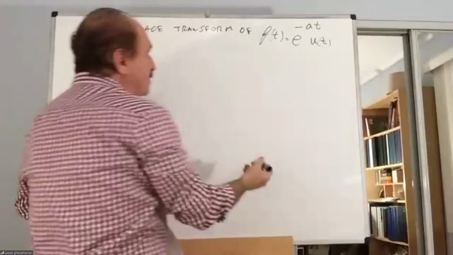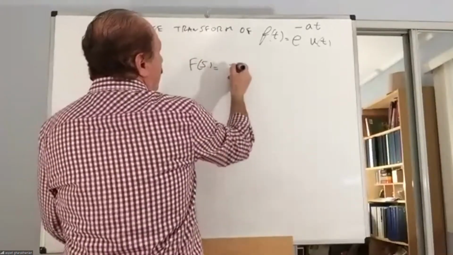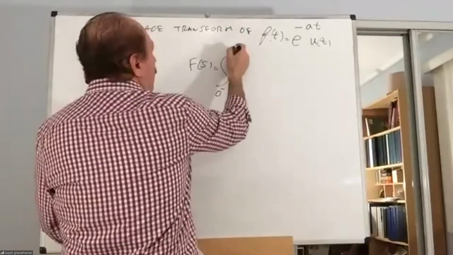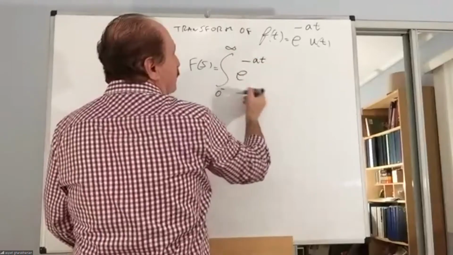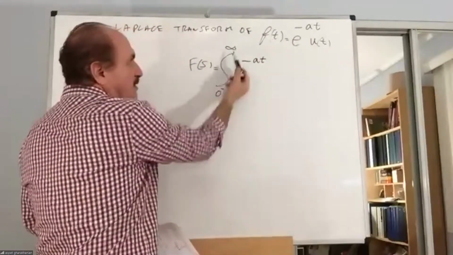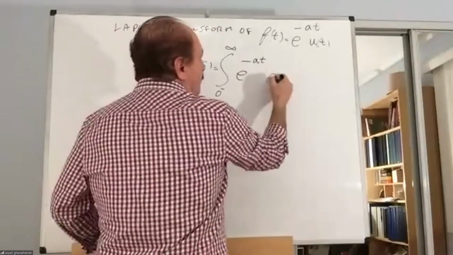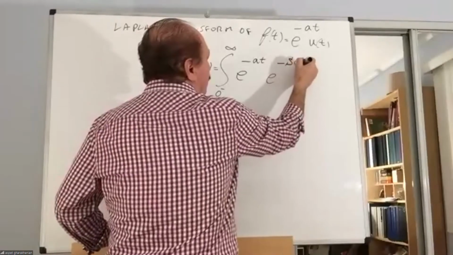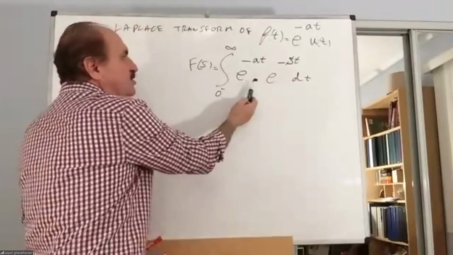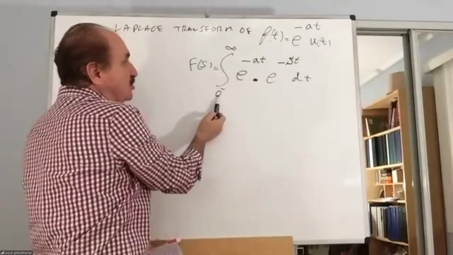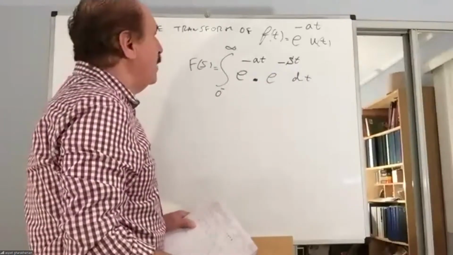Okay, let us integrate that and see what will happen. Here is the Laplace function: e to the power minus at, for u of t, in that interval, I'm going to account 1. So I'm not even writing it here. E to the power minus st dt. There it is. So why doesn't u of t show? Because look at the interval, it's greater than 0. So it's a 1. Why should I write 1 here? Now,